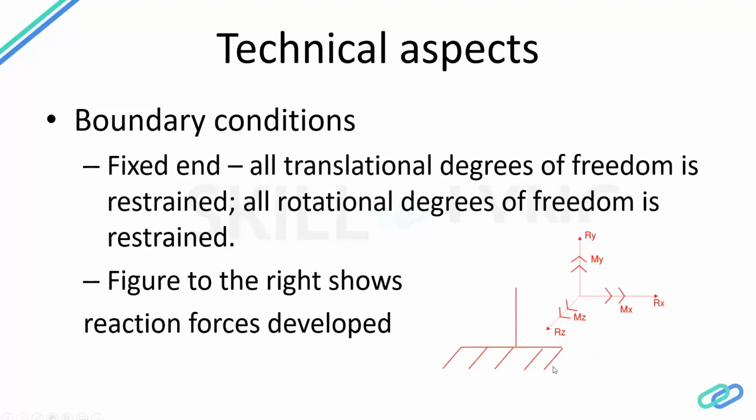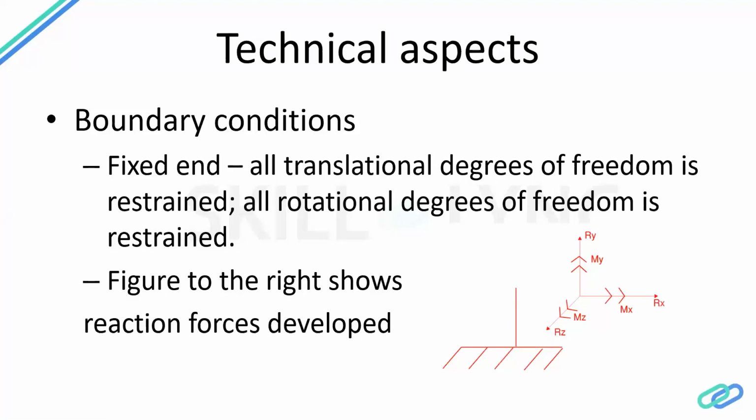The other one is a fixed end condition, wherein all six degrees of freedom, the three rotational and the three translational, are locked, and therefore the joint produces reactions in those corresponding directions. This is a very common support, used for example in a moment frame system, wherein a beam is connected rigidly to a column. In that case all six degrees of freedom are not locked per se, but you still develop all these six forces there because you have that restraint internally.